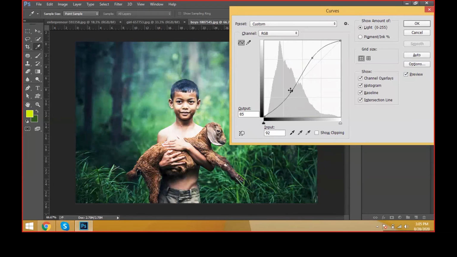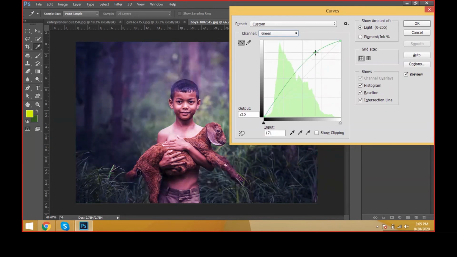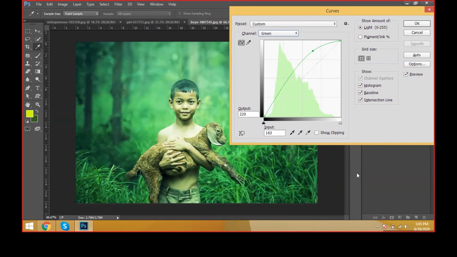Sir, I would like to give the channel; this is RGB mode. Why? Because it is an RGB level, that's why it's taking the balance of all the colors. I would like to give only the green. You can go with the channel green mode, and you can increase and decrease the green like this. Then it is affecting the total image document. Then what should we do?